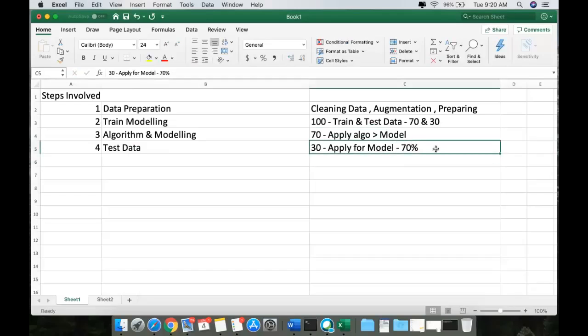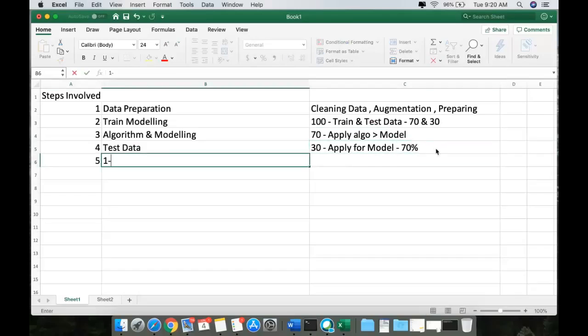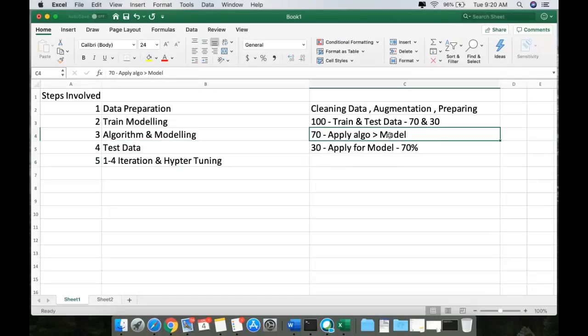So again I'll go back, and I'll follow this process from 1 to 4 and hyper tuning. So I'll do this process again. Hypertuning is nothing but, in this algorithm I have given static values, so the algorithm will again have fine tuning parameters. For example, if you are using an algorithm with some equation, this equation can be modified a little bit and tried again. Let's say it is y equal to mx plus c, a linear graph. If you remember from your school days or college days, we have the linear graph, y equal to mx plus c.